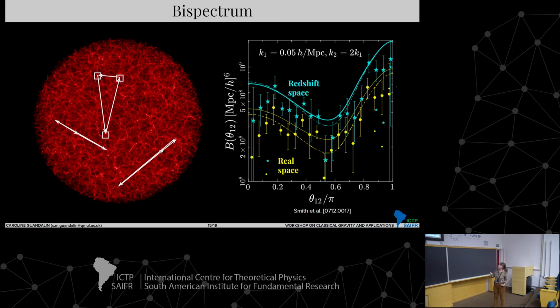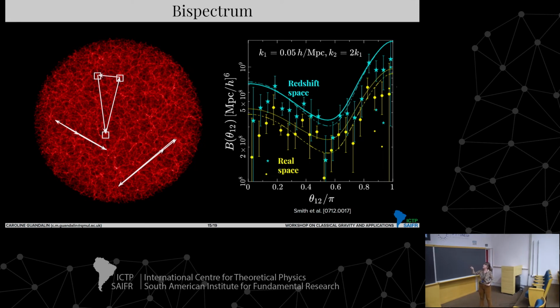So basically, when you look at the bispectrum, what you're seeing is that you have a high probability of finding things in these two configurations, when they are collinear, or in the other direction, when you open the triangle completely or you close it completely. So there you have the higher probability, meaning that you are looking at filaments and these structures. So this is an example of the information in the bispectrum.